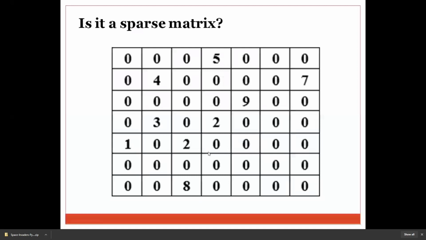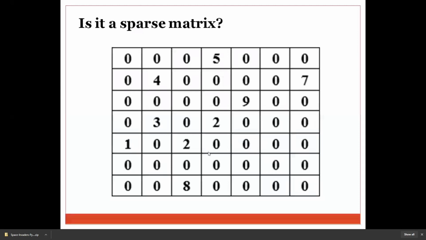Okay, tell me what is the size of this two-dimensional array? 7 by 7. Previously I showed you the example of 3 by 3. This is your 7 by 7.